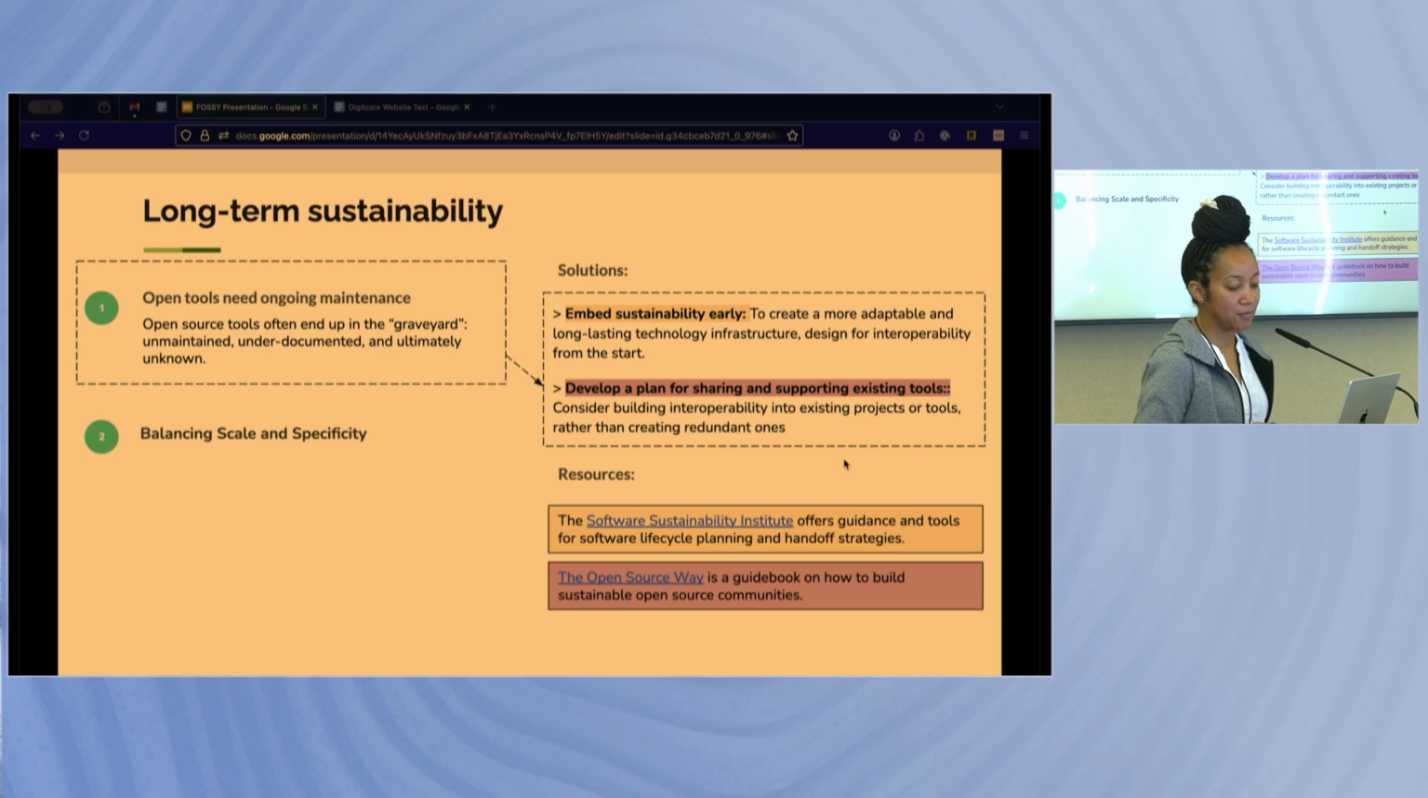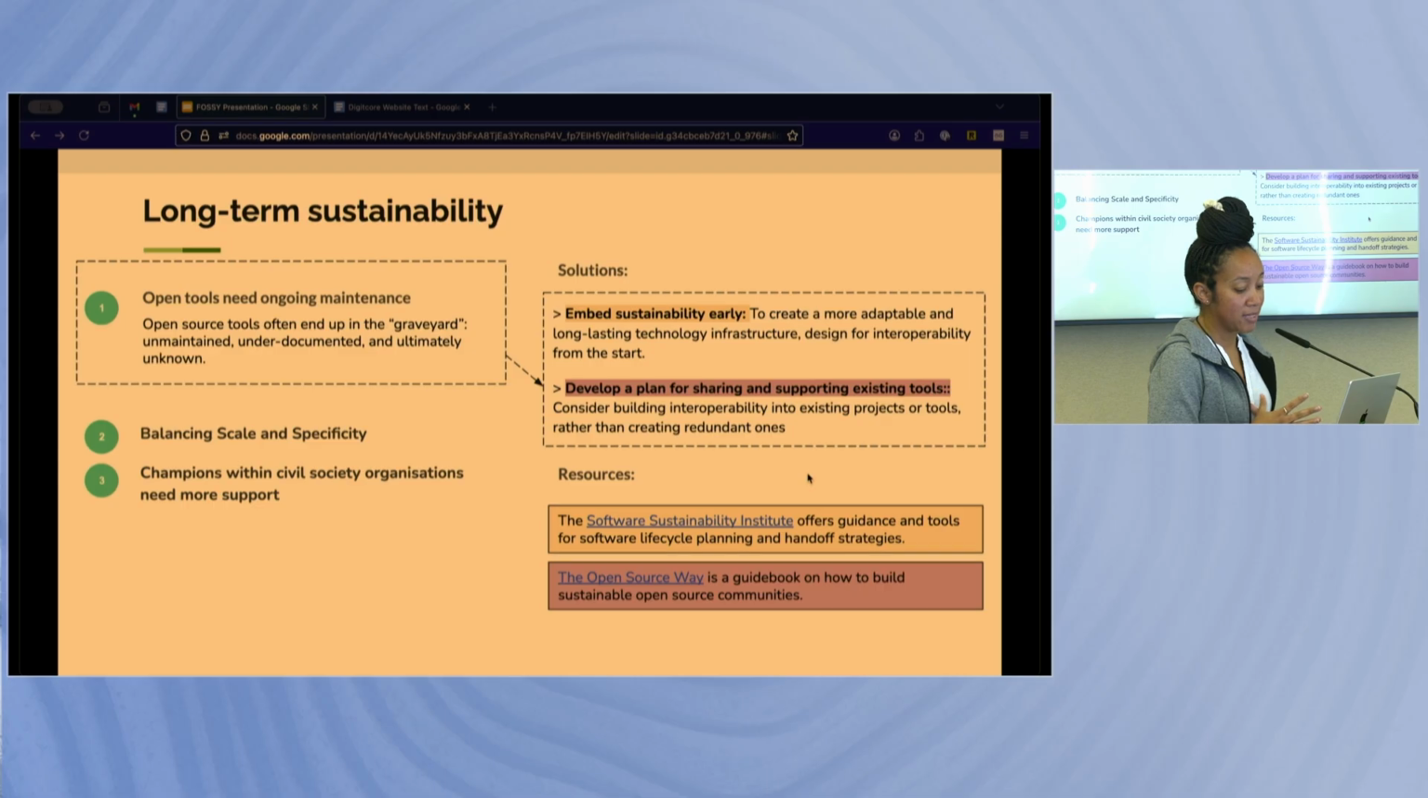The other solution, the second solution, was developing a plan for sharing and supporting existing tools. And for that, there's a few others, but the Open Source Way was a great guidebook we found to be really useful and really well explained for communities. And then the last two more patterns